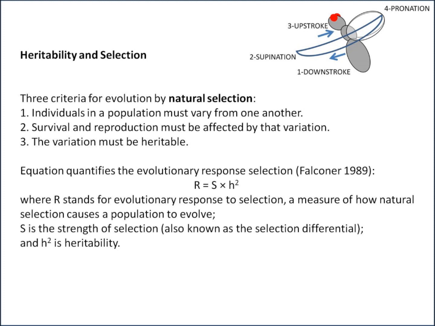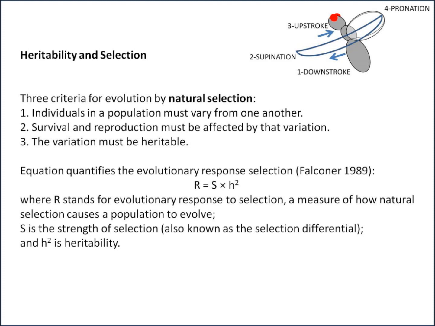A fundamental equation quantifies the evolutionary response to selection. See Falconer 1989. The formula is simple yet wonderfully useful and is the following: big R equals big S times little h squared, where R stands for the evolutionary response to selection, a measure of how natural selection causes a population to evolve. S is the strength of the selection, also known as the selection differential, and little h squared is the heritability,